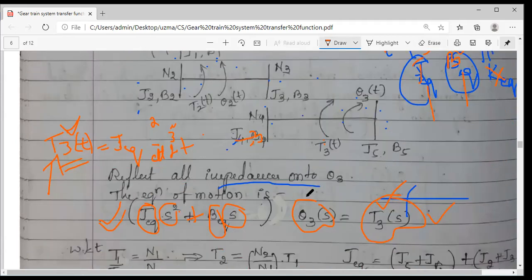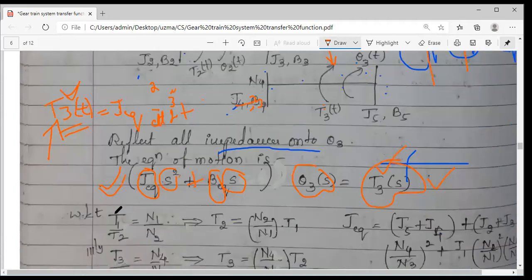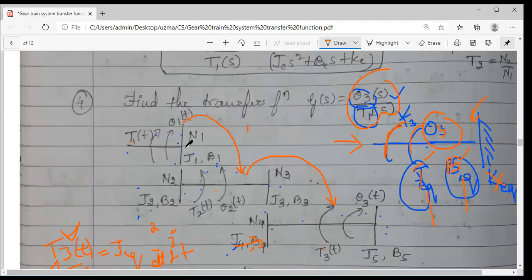Okay, coming to the figure, as I told you, this should be reflected here first, one time, and after this, from this to this reflection. So when I take shaft 1 over shaft 2, shaft 2 will be your destination. So let me go back to that relationship. You have a torque and theta equation relationship. T1 by T2 is equal to N1 by N2. So T1 by T2 is equal to N1 by N2. So this is the relationship which we have already seen in the theory concept. It gives you the relationship between T, N and theta.